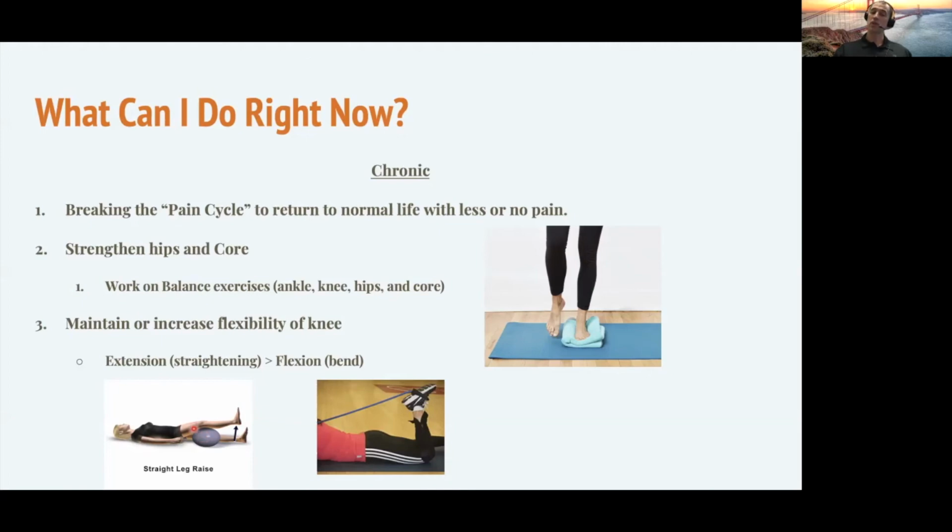If we can get the knee straight, so we get heel contact as the first point of contact in a gait cycle, and our toes are up off the ground, and we get more of this roll-through pattern, we can get a more sustained walking pattern to help you stay away from accelerating the progression of knee arthritis and degradation. So yes, knee bending is important, but also knee extension. And so this is one way to try and work what we call terminal knee extension. That's that last few degrees of getting a little snap or a little bit of a pop, or heel lift off the ground if you're lying on your back like this.